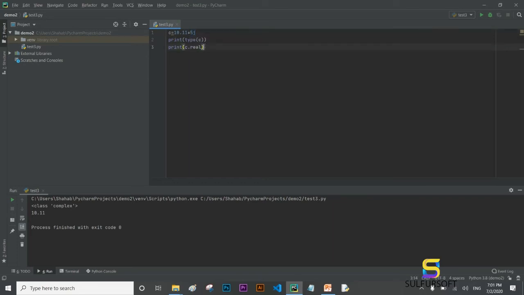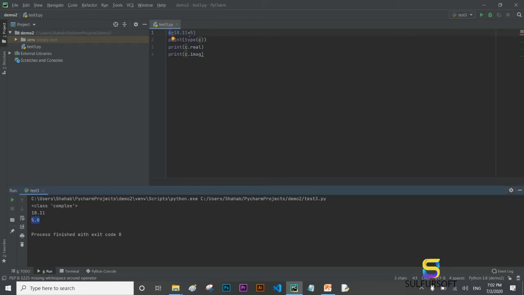First, let's see what is the built-in attribute in Python which is used to extract or retrieve the imaginary part. The imag attribute is used to extract the imaginary part of the complex number.